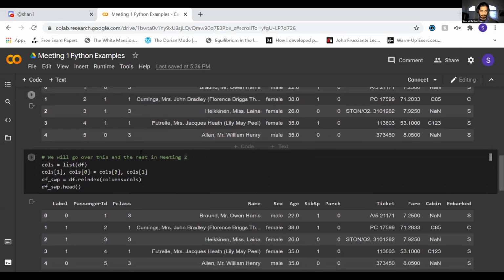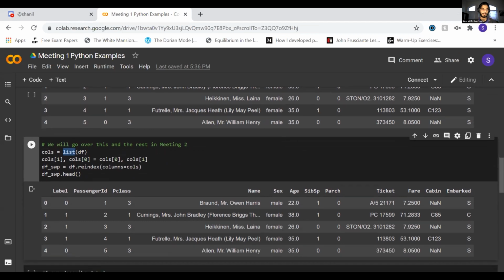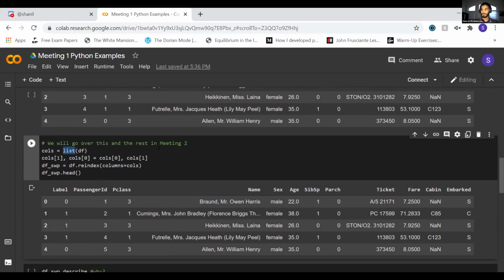So the way we do that is we use this function called list, right? And we pass in our data frame, right? And what that will basically do is that it will,